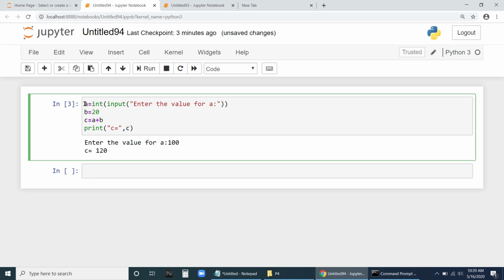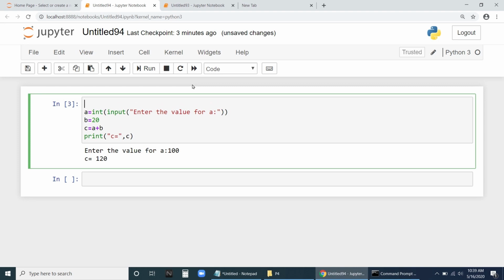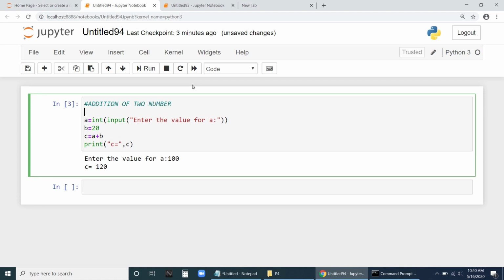Now this is the addition of two numbers, so I have to say here, addition of two numbers. Let us say, I am using the comment now. Addition of two numbers.